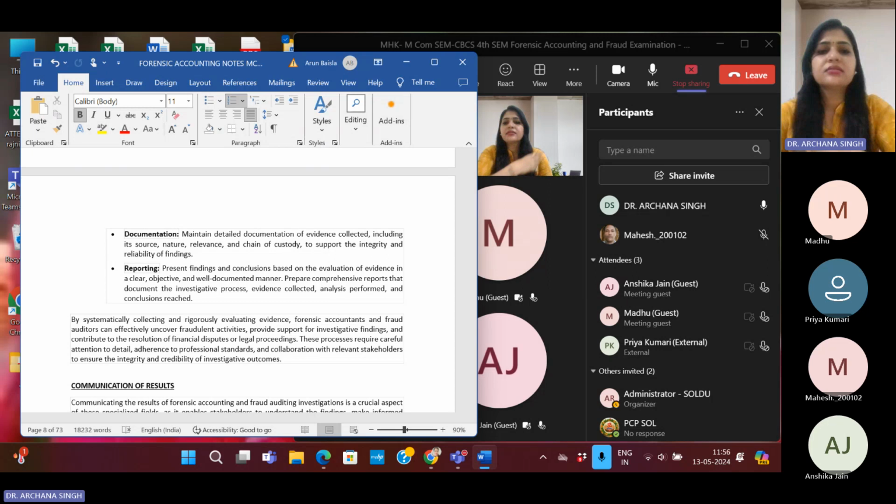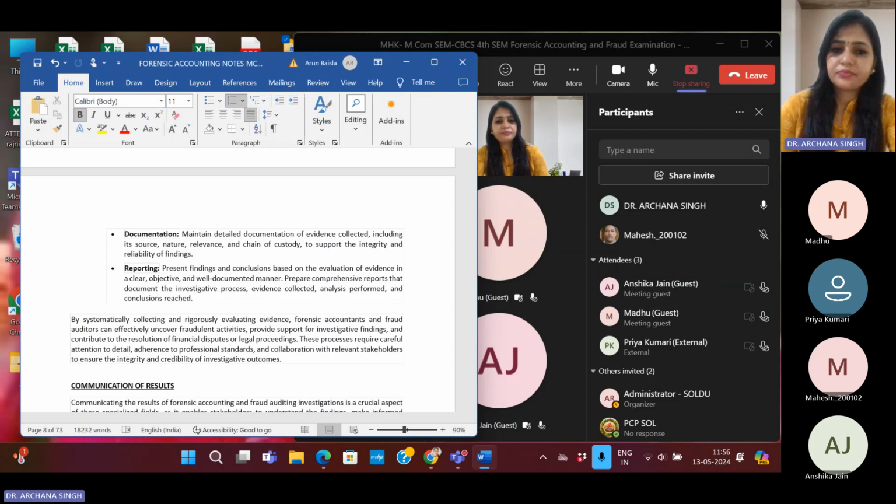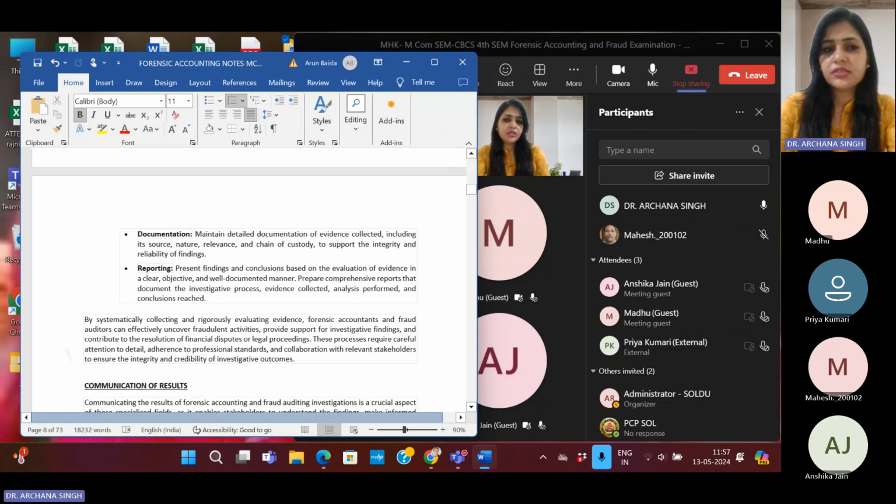So while collecting and rigorously evaluating the evidence, forensic accountants and fraud auditors can effectively uncover fraudulent activities by providing support for investigating activities and contribute to the resolution of financial disputes or legal proceedings. These processes require careful attention to detail, adherence to professional standards, and collaboration with relevant stakeholders, so that they can ensure the integrity and credibility of the investigation outcomes. Okay, so this was about this